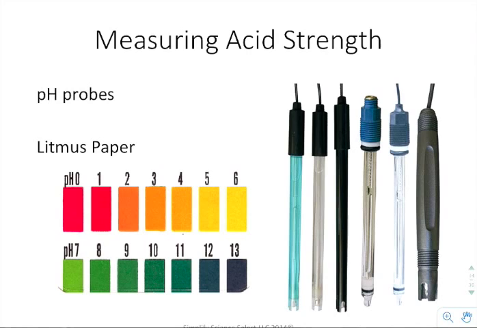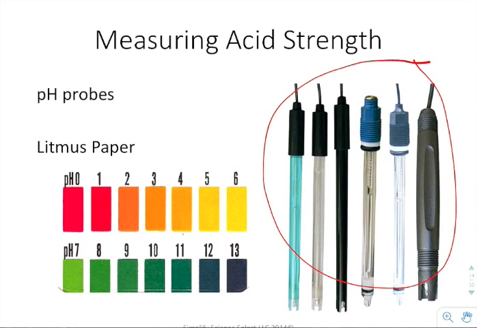Okay, whenever you're measuring the strength of acids, you look at it in terms of pH. Now we're going to measure it with something called a pH probe. The pH probe is one of these devices that's right here that is used to determine the amount of hydronium ions that are actually in a solution. Whenever you do that, it's going to put it on a scale from 1 to 14, or 0 to 14. That 0 to 14 number that's going to come up is going to tell you what the relative strength of